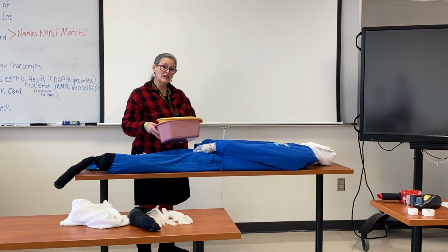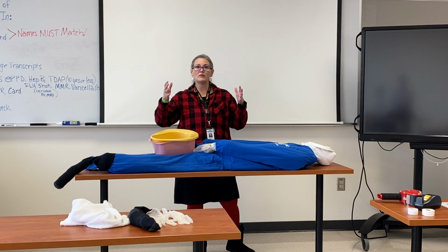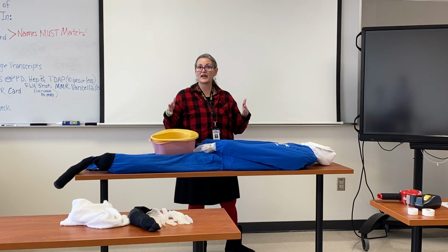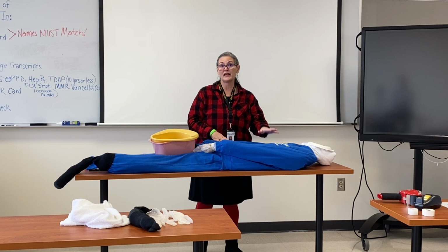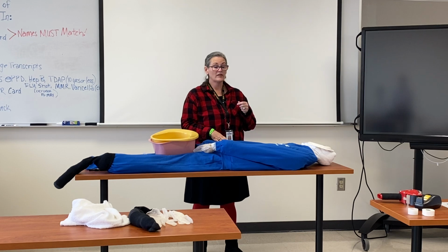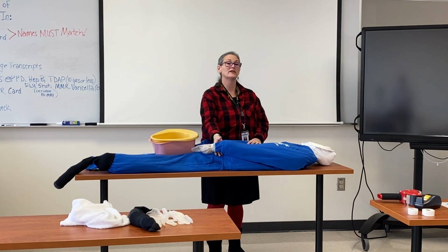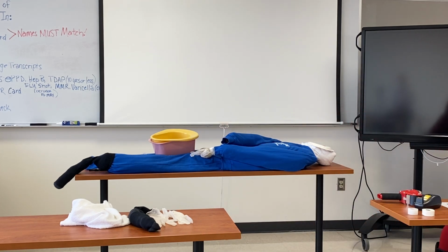Another thing that you will need to use at home is a large button-up shirt. Because one of the things that you're going to have to do is to take Granny out of a gown and put Granny into a shirt. That's one of your skills. And Granny obviously has got a weak right arm. She also has a weak left arm, but we won't talk about that. So you'll need